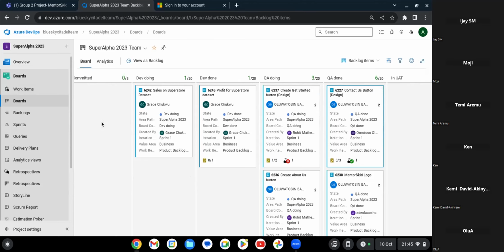On the call to clarify stuff. Okay, cool. Yeah, you can move everything to UAT, but get in touch with your BA to come and run the UAT. So that once they've done the UAT on it and they move it to UAT done, you can now close it up. And then you can start seeing the green you want to see on your chart. Okay. Yeah. Cool. Thank you.